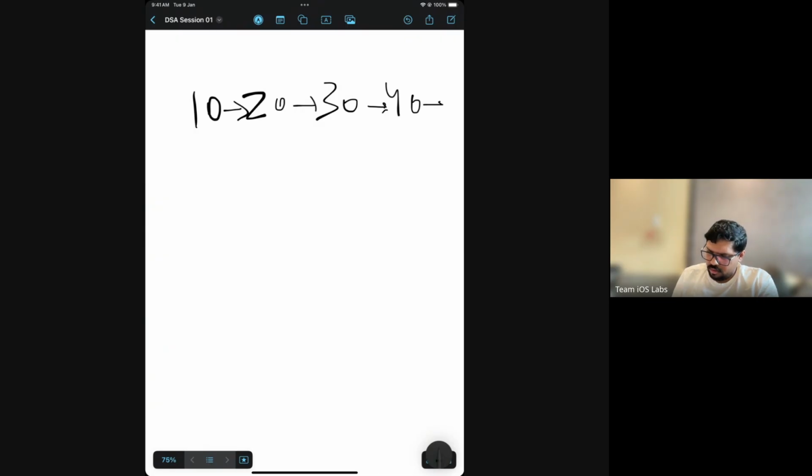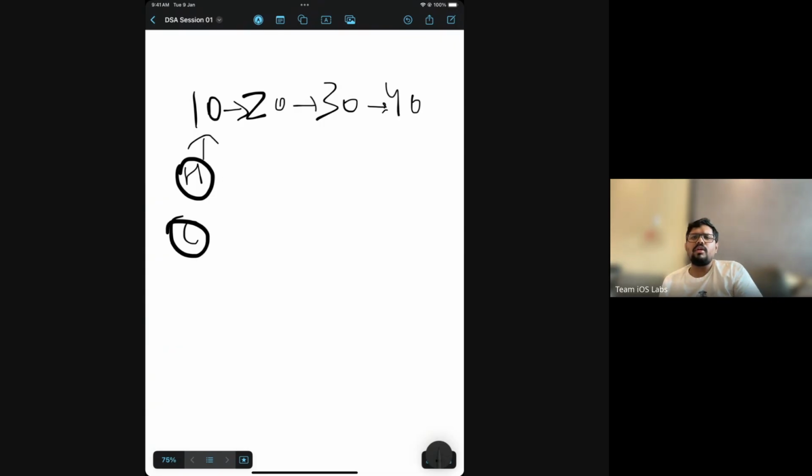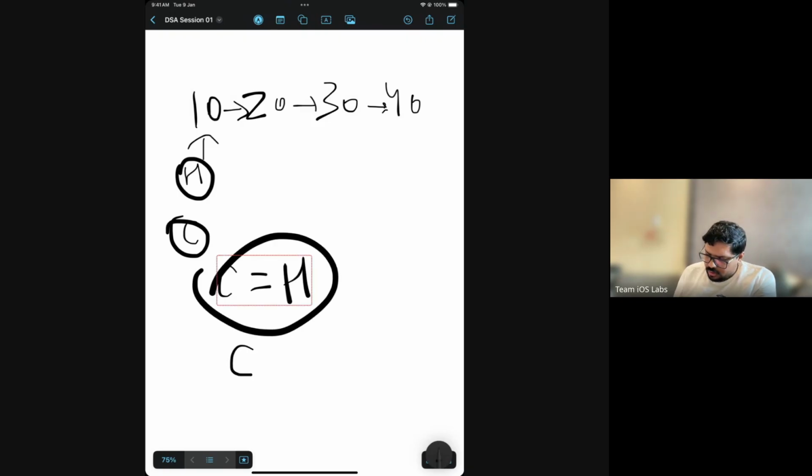You have one head pointer, and we initialize one more pointer, which we call the current pointer in the terminology of linked lists. The current pointer starts at the head, then moves to the next, and you print all the values. You're traversing and printing the node values. So current is initially equal to head. Then current moves to current dot next.